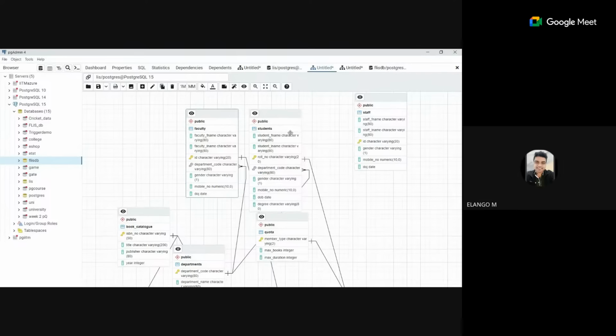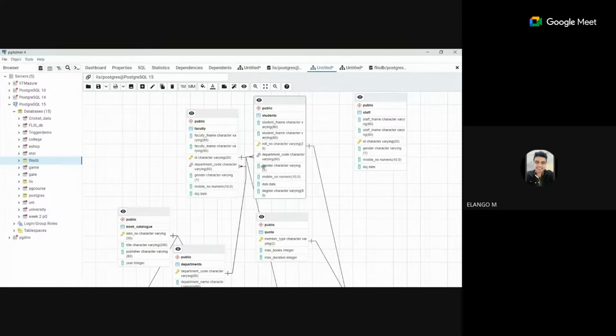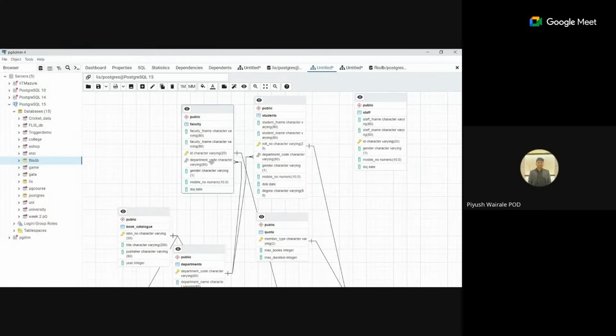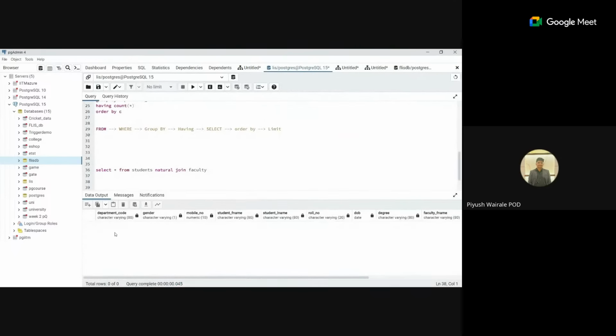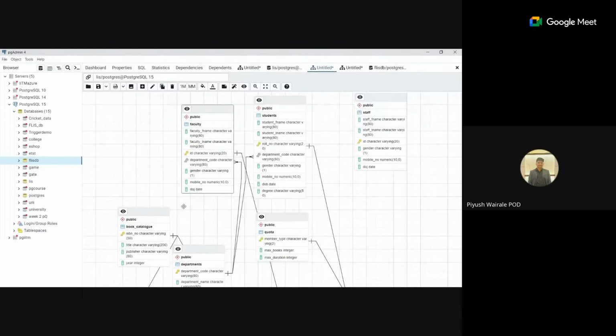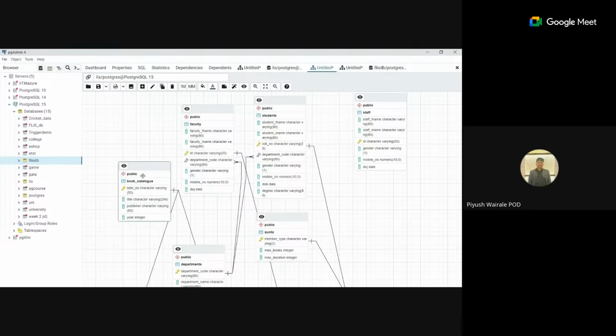If there are no common attributes present, I think. No, if you observe, gender and mobile number are present in both tables, students and faculty. So if I try to join the mobile numbers of faculty with the student, we are not going to get any output; it is basically empty. If there is no common attribute, then we are going to get the cross product. So if I say book catalog here, this will give me